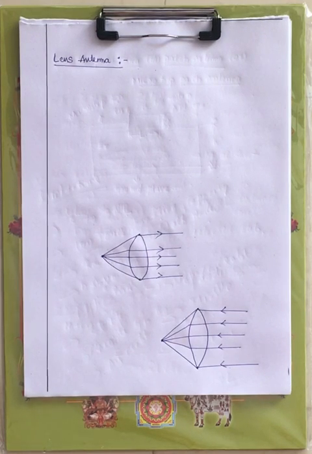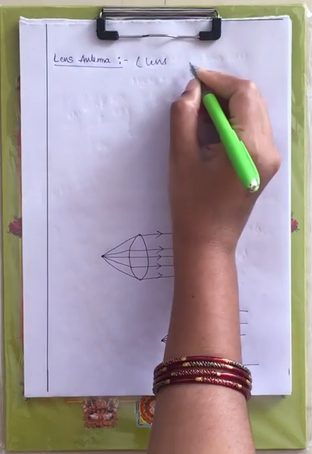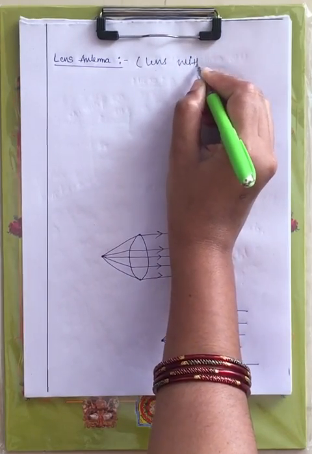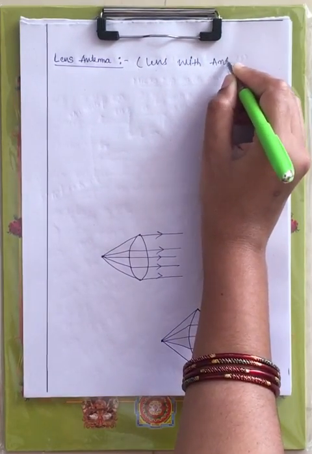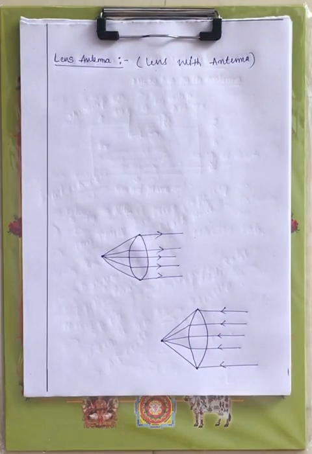Now let us see the fourth antenna, that is the lens antenna, which is used at microwave frequencies for transmission of radio waves. In this particular antenna we will use a lens. A lens antenna is nothing but an antenna with a lens. You are using a lens here, and it may be either conducting type or dielectric type.